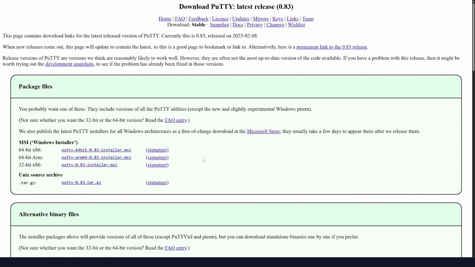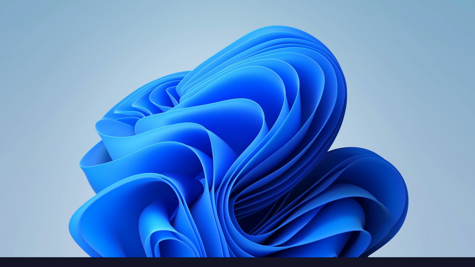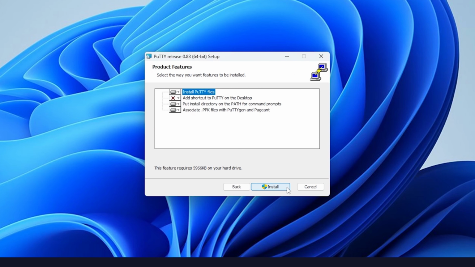which is a built-in application for Mac OS, you would be able to connect to the VPS server without any hassle. So I'm going to walk you through the tutorial on how you can connect using PuTTY or the inbuilt application from Windows, which is called Windows PowerShell. Now, to download, just make sure that you have the right processor for your PC and download the right one. After you have downloaded, just double click and open the installer, and then press next and install the PuTTY